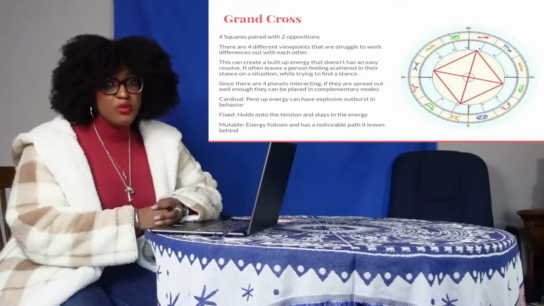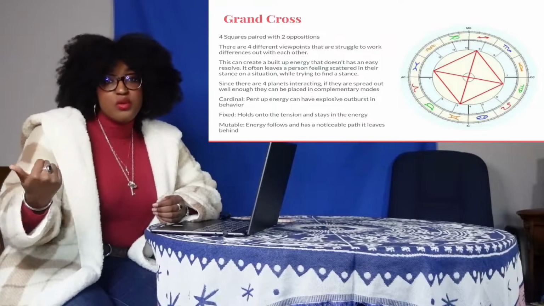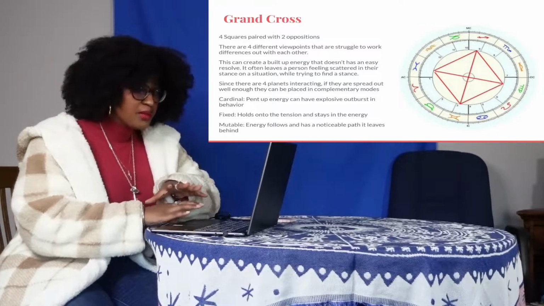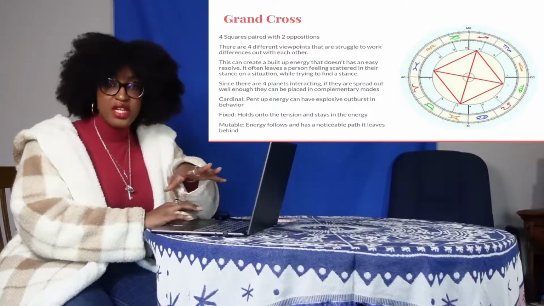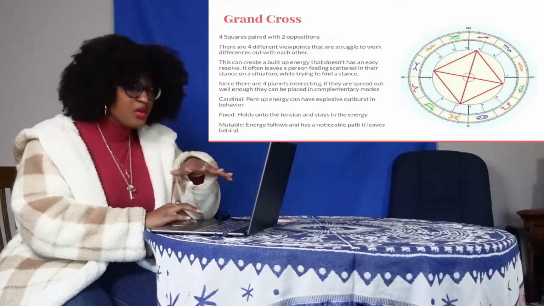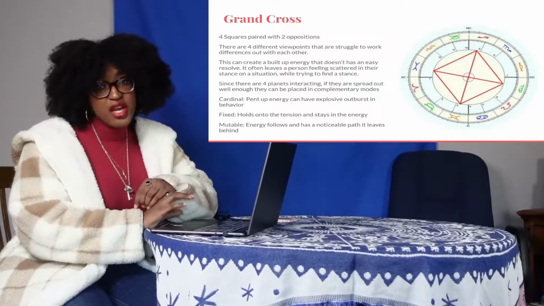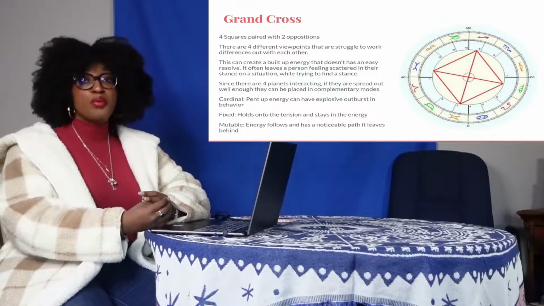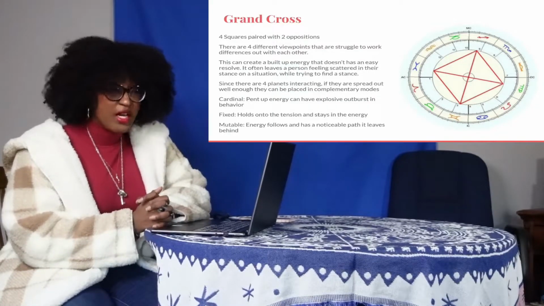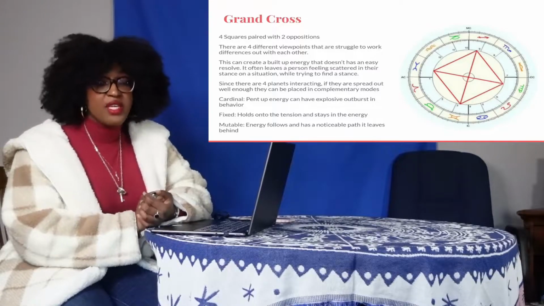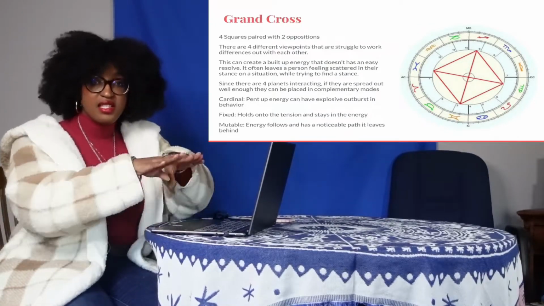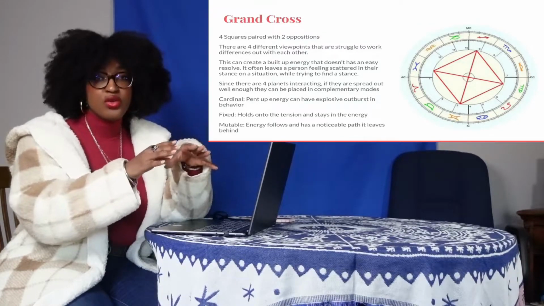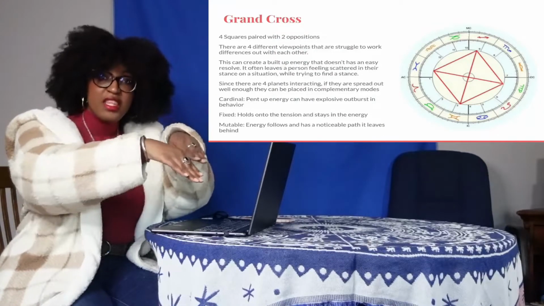And because we're having this problem while dealing with an opposition, it's like, I have this other problem that I think I can see the solution to, because I share a common goal with this planet over here, but I'm struggling with two other planets on trying to overcome this challenge, so therefore we're not able to see eye to eye. So this is really problematic, because if you have that much stress in your body, a grand cross, just like a square, can be sudden explosions, because as I said, it's like a fault line where tectonic plates form earthquakes because it's just too much friction. Then it's like boom, explosion.